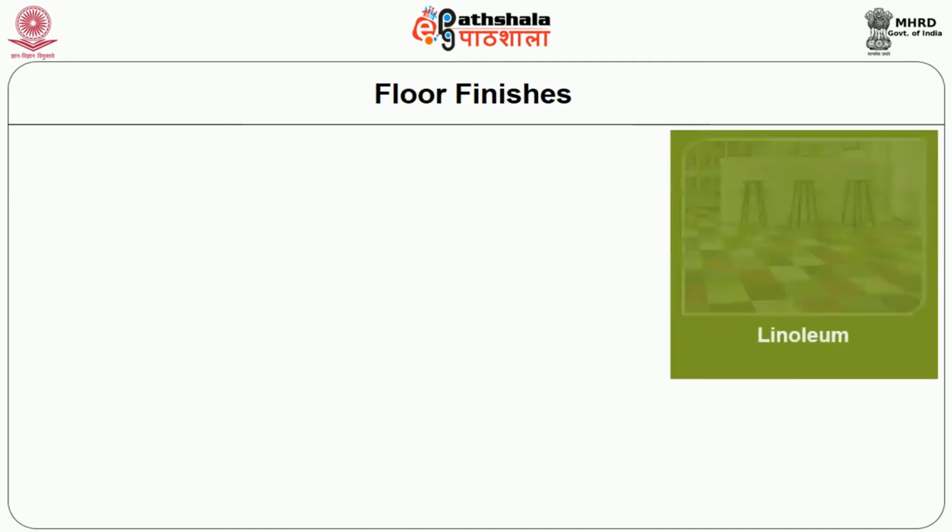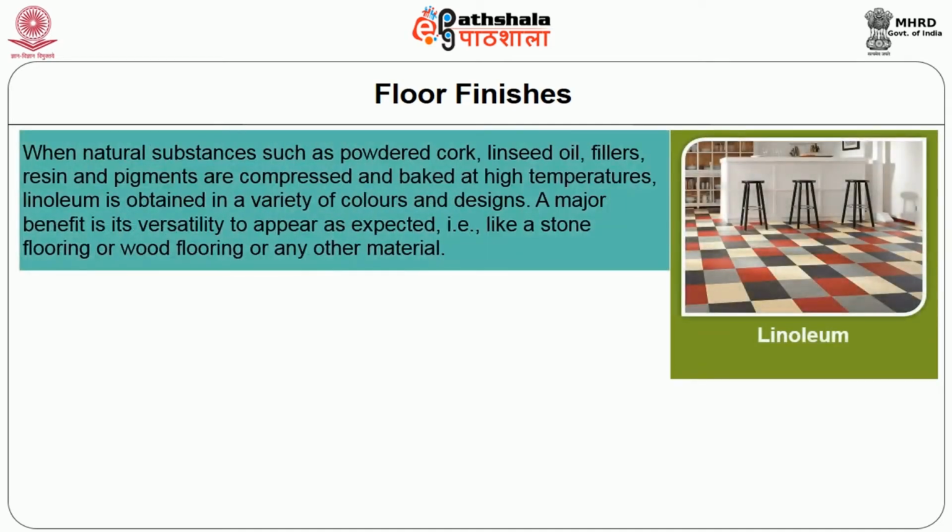The first of its variety is the linoleum, where natural substances such as powdered cork, linseed oil, fillers, resin and pigments are compressed and baked at high temperatures. Linoleum is obtained in a variety of colors and designs. A major benefit is its versatility to appear as expected, that is, like a stone flooring or wood flooring or